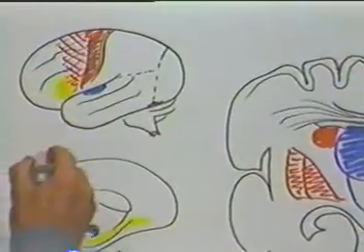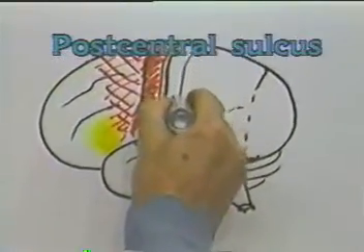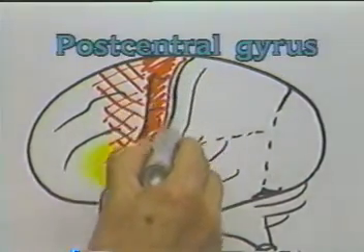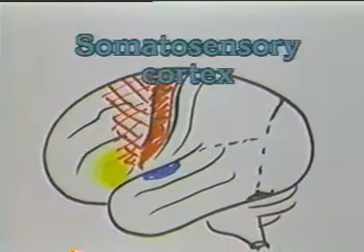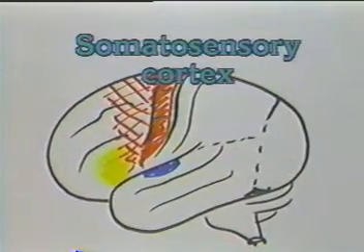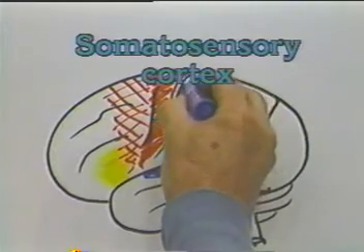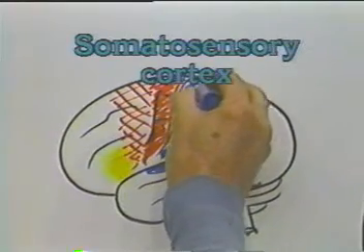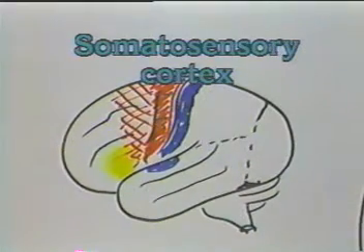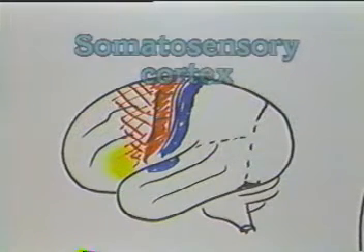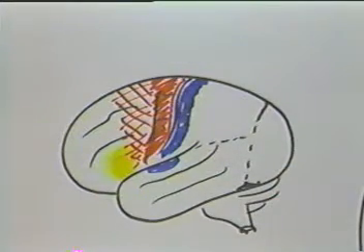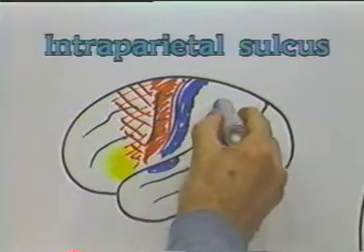In the parietal lobe, a post-central sulcus here delineates the caudal border of the post-central gyrus, in which the somatosensory cortex is located. Somatosensory cortex, which is of importance for the analysis of somatic sensation. It is represented by Brodmann's areas 1, 2, and 3. The intraparietal sulcus